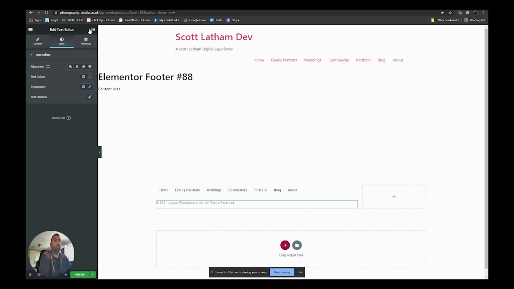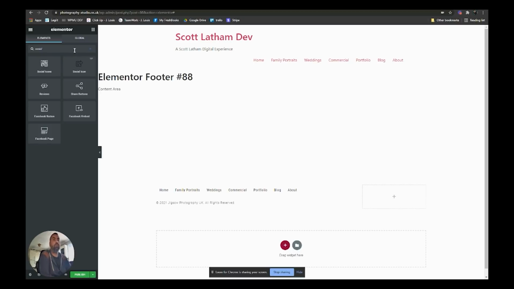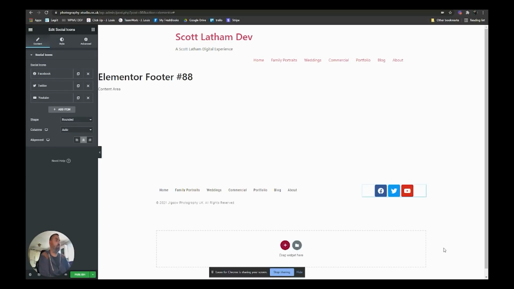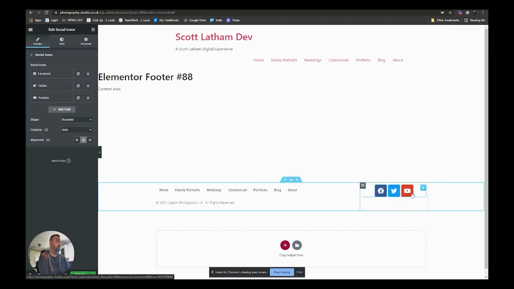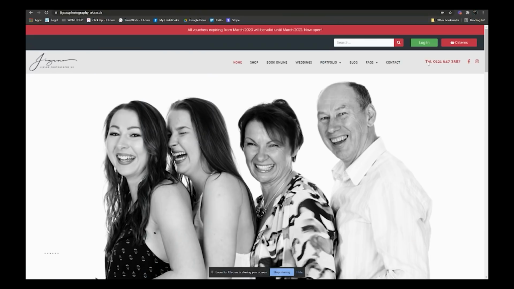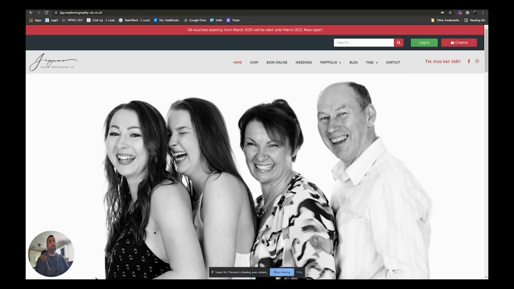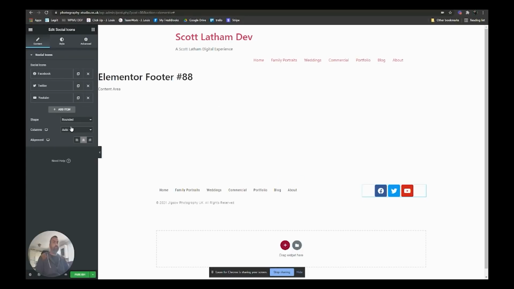So how do we get the social links in? Well, we click back to our 9 dots, and we can use the search here to put in social. And we can see that it comes in social icons. Let's just drop it into there. And I don't like the colours or anything like that. Let's have a look what James has got. James has got Facebook and he's got Instagram. So let's right click on Facebook, copy that link address, go back to Elementor, and we'll change the style